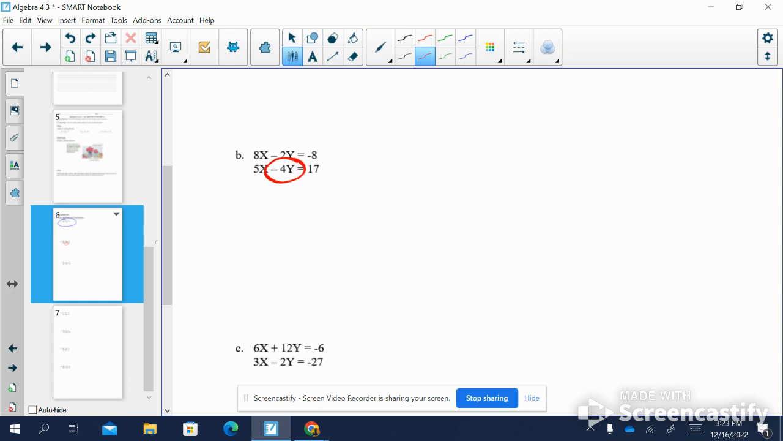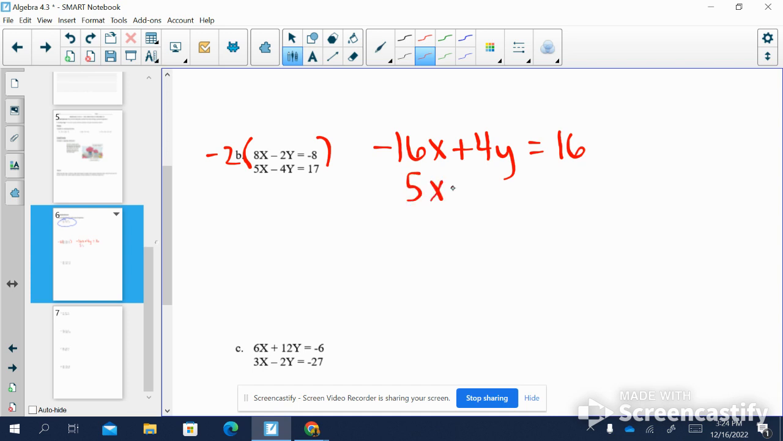Now, if I'm looking at -4y, I want the term above it to be a +4y. So what can I multiply by a -2 to get a +4? The answer is a -2. If I distribute a -2 into the parentheses to the entire equation, I get -16x plus 4y equals +16. Then I can write the other equation below it, and I can eliminate